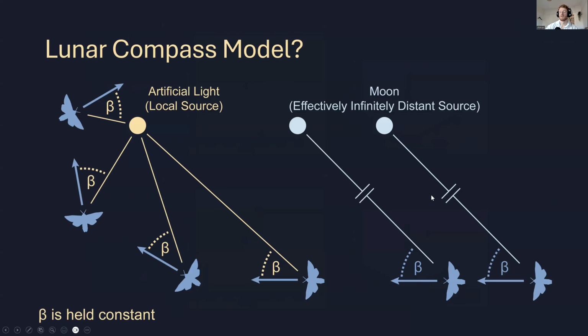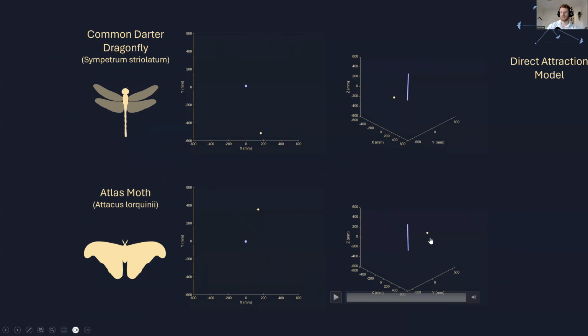What you would see here is a 3D reconstruction of each of these little markers as the insect is traveling around and around the light. You'd see this going round and round in repeated circles around the light, rather than flying directly towards the light.